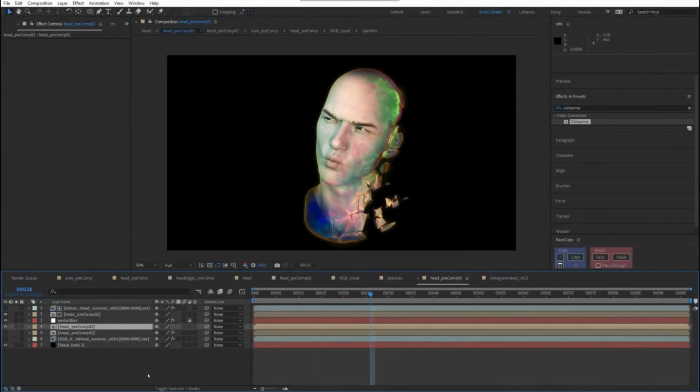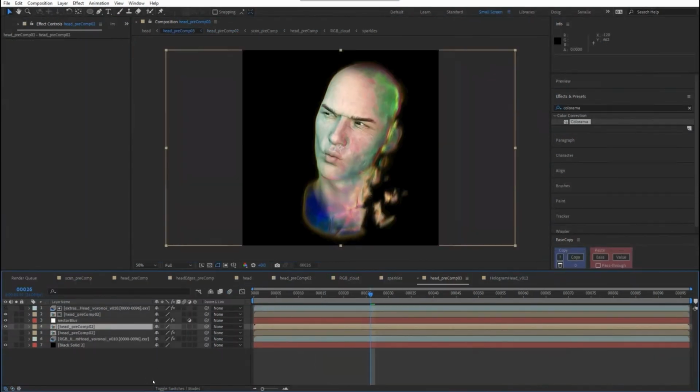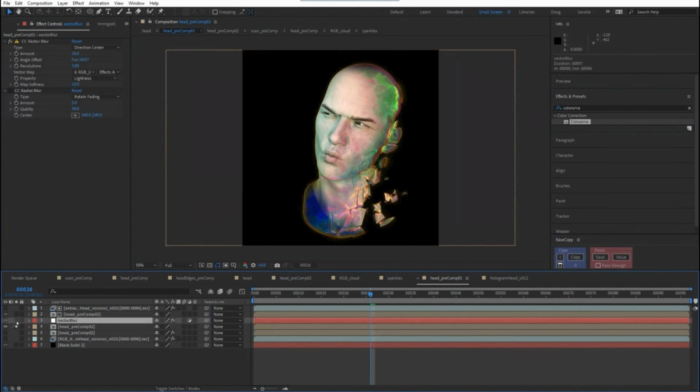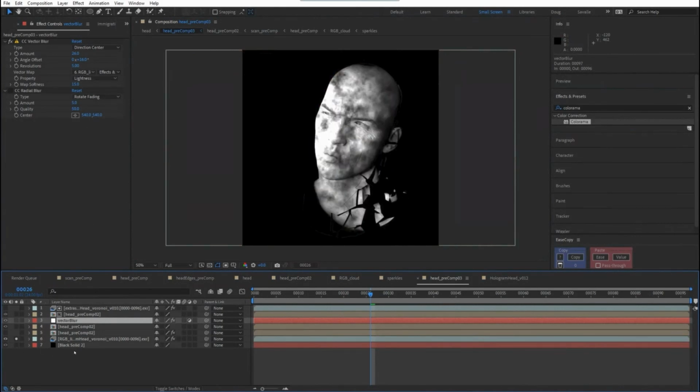And then from there, on this comp, we have that head that's been pre-comped. And then again, we're using vector blur, but this time the vector blur is being driven by the RGB pass, and that's just this guy, right? So it's being driven by the lightness values here.